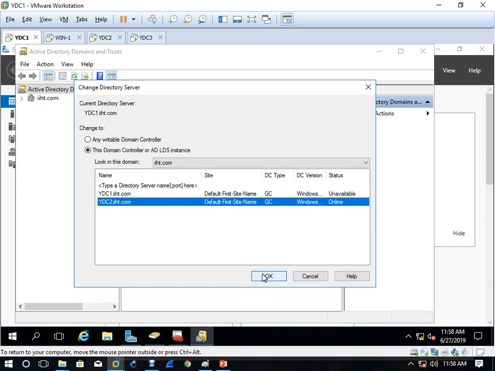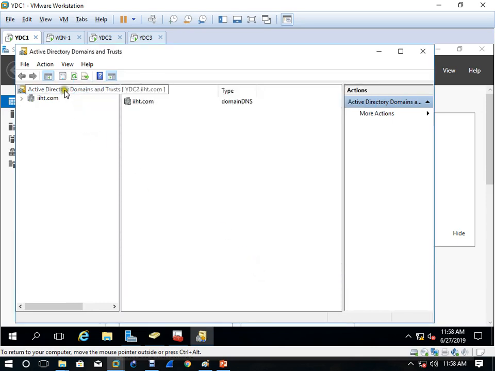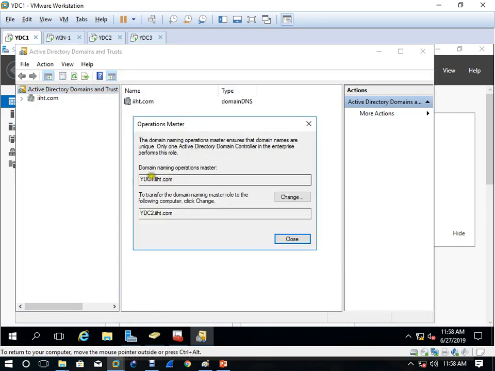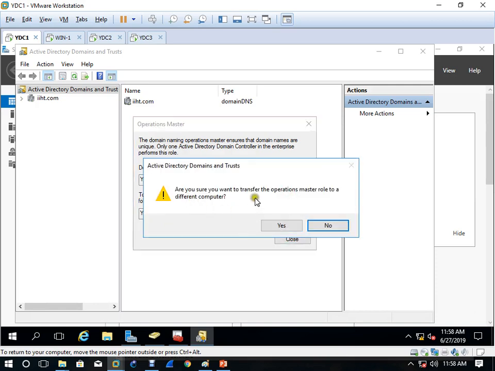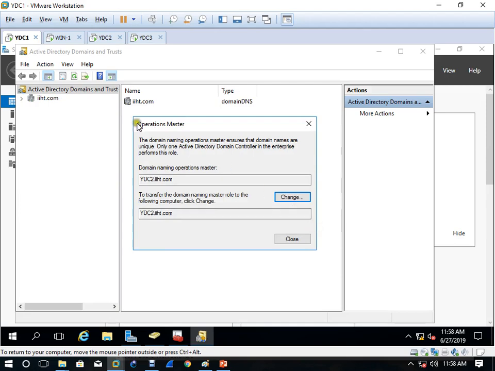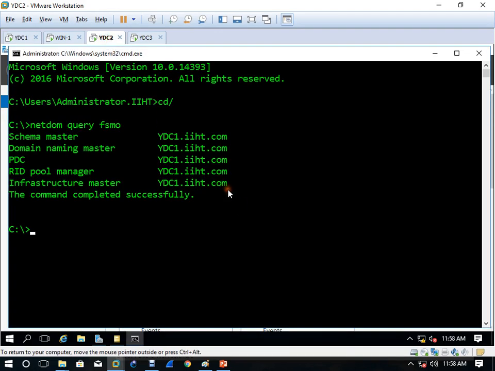Click OK. Then right click, go to Operation Master. Now see Yaoundé DC1. Click Change. Are you sure you want to transfer the Operation Master role to a different computer? Yes. Successful transfer. How will I verify whether it has been transferred or not?